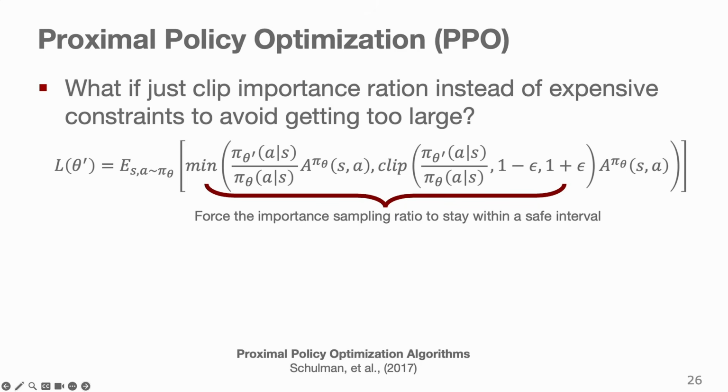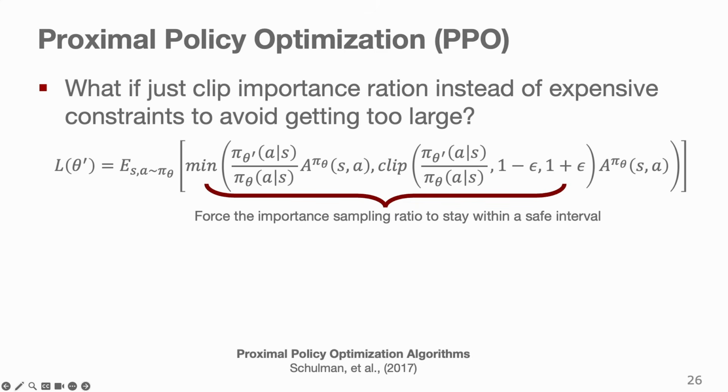All right, so TRPO has great guarantees, but we kind of hate the computational cost. So the question is, can we get that stability without this expensive second-order math? And the more popular algorithm, because it's a bit easier to implement, is called proximal policy optimization, where the key idea is: what if we can just clip the importance ratio instead of constraining it with the KL divergence?